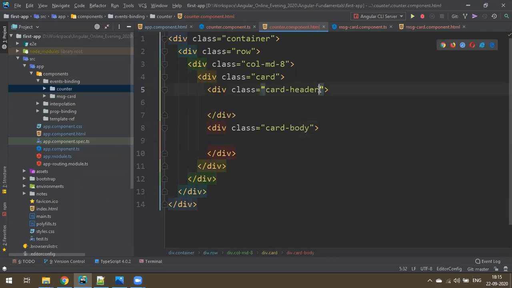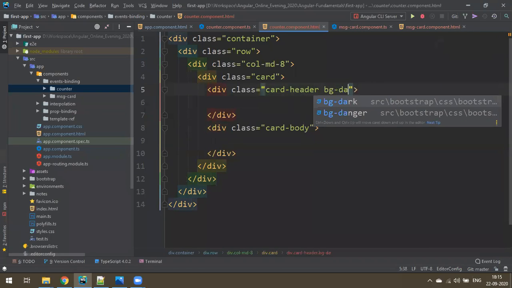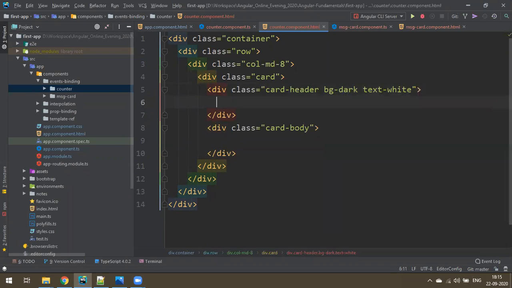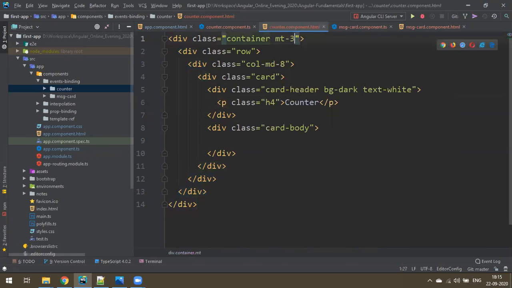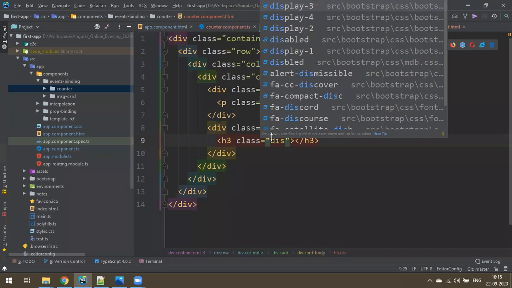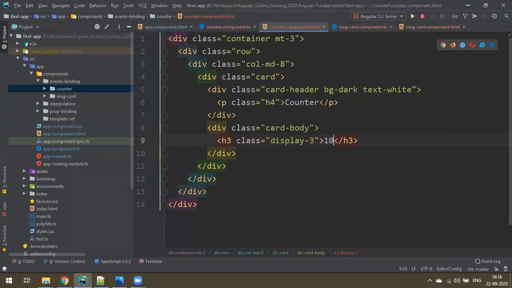Okay, fine. And card header, I need one card body. Okay, so card header same like bg dark and text white. Let's add some p dot h4 counter, and I just make some margin top 3. Okay, so in the card body I will make some bigger number. So let's say h3 with a class called display 3, some 10 I'll take initial value, and then 3 buttons.